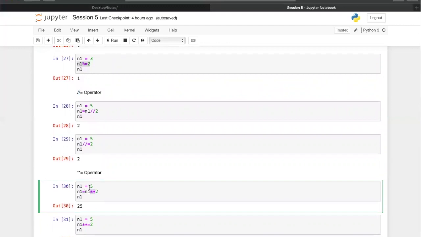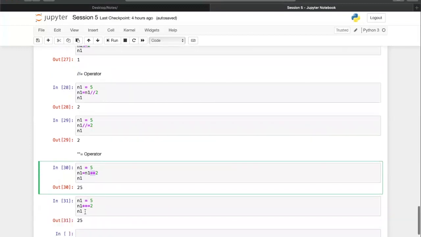If I say n1 is equal to 5 and I say that I want to raise this 5 to the power 2 and then reassign to n1, I can say n1 is equal to 5, n1 is equal to 5 raised to the power 2, and then that is 25. But I can squeeze it by saying n1 is equal to 5, n1 star star equal to 2, that is 25.